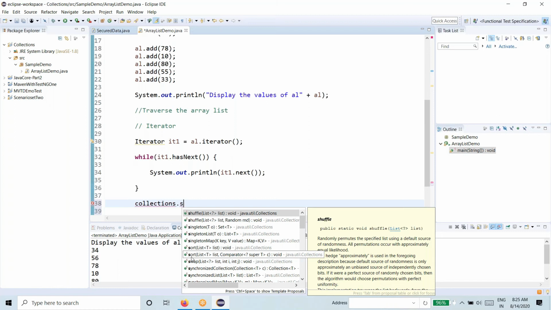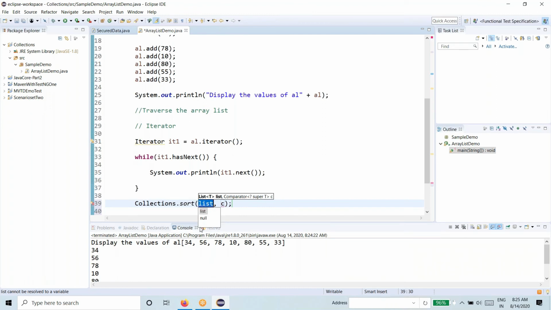First we need to sort the list. Here if we search for the method called sort, just see, what we need to do is directly give the list name. We should not choose the two-parameter version. I want to sort it1, sorry, I want to sort al. al is the object for my ArrayList. That is why I want to sort al, right?